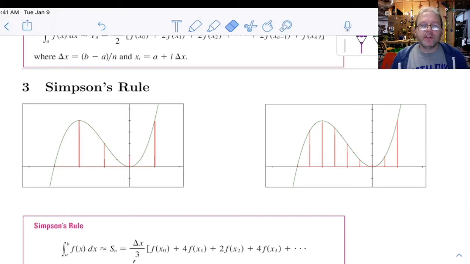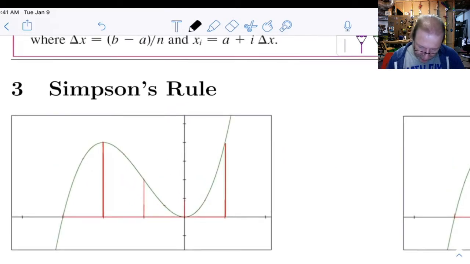Of all these approximation rules that we're learning, Simpson's rule is the one that gives the best results. It's also the most complicated. But let's look at what it does. Simpson's rule, instead of just drawing the top from the midpoint or using